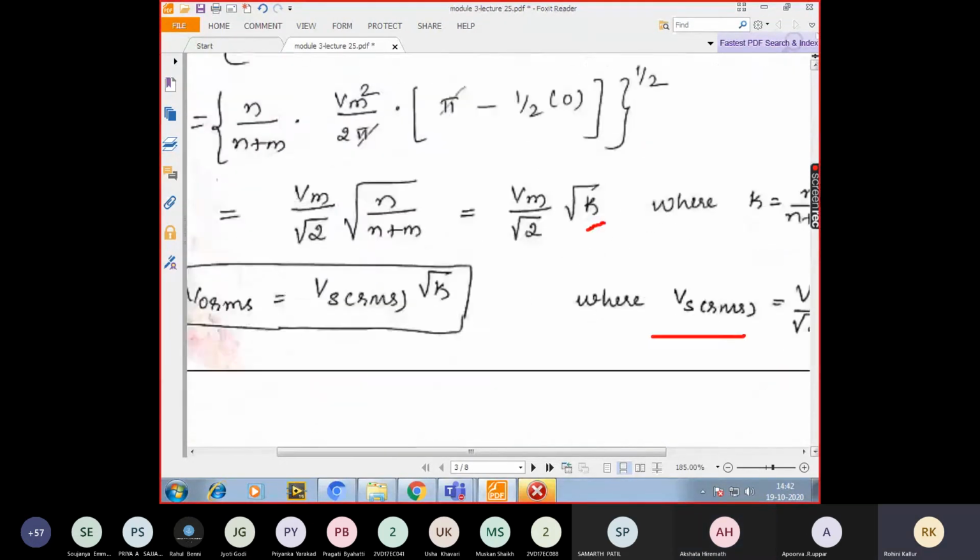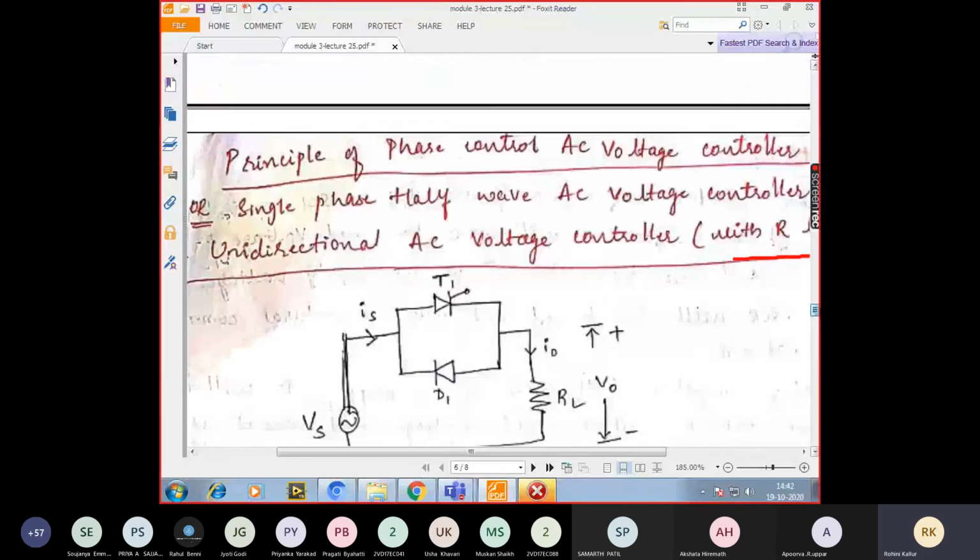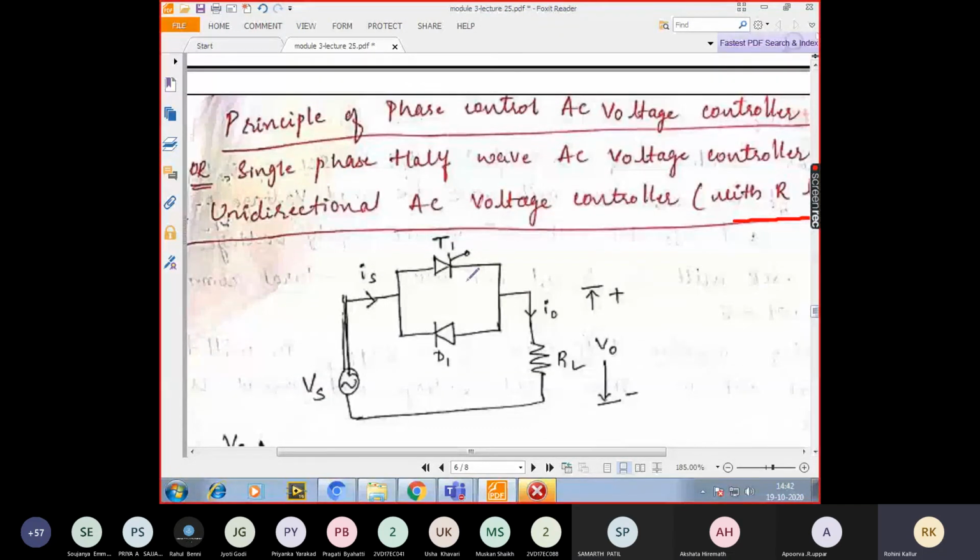So, in this particular circuit, I don't have two devices as thyristors. Instead, I have a diode in the negative cycle. This is a thyristor which conducts in the positive half cycle, and this is a diode which will be conducting in the negative half cycle. Whereas in the on-off control, it was acting as a switch and we had two SCRs connected. Now, with this variation, there will be a lot of variation in the output voltage as well as how the total converter behaves.